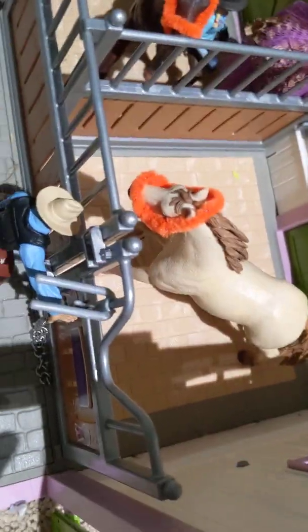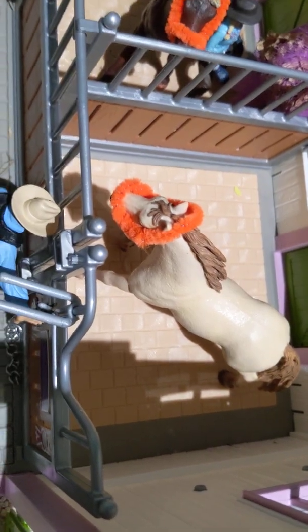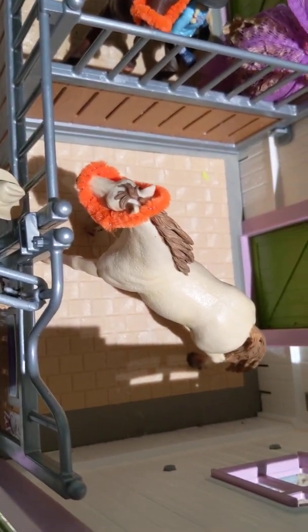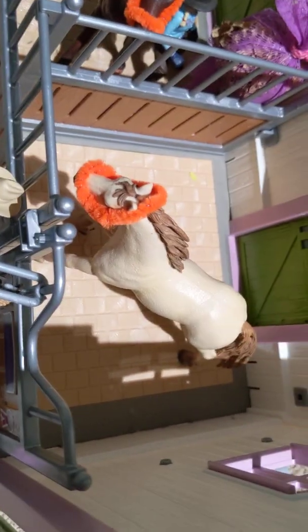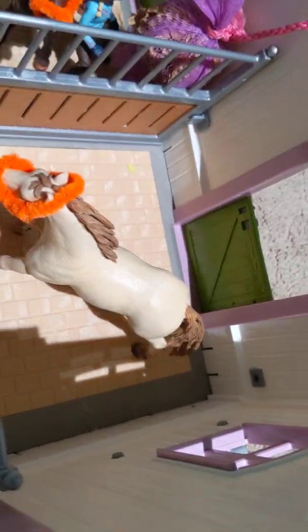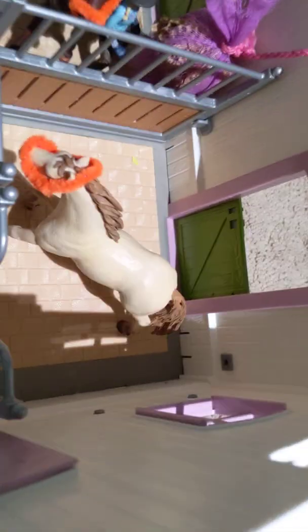And then on this side, we have John, who is just grabbing a lead rope so he can go on a trail ride with his horse. I forgot the name. Dingo. And he is a Mustang stallion. This is his stall. It's temporary, so...